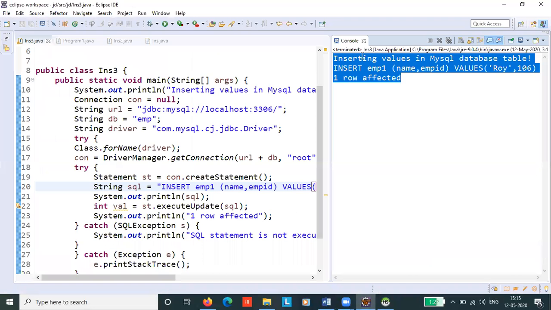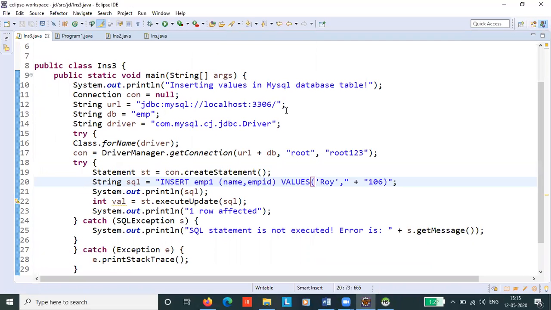Now you can use any database. It could be MySQL, it could be Oracle, it could be XAMPP server, anything. But make sure you have connected your database to your IDE so that any queries you run here are reflected in your database.